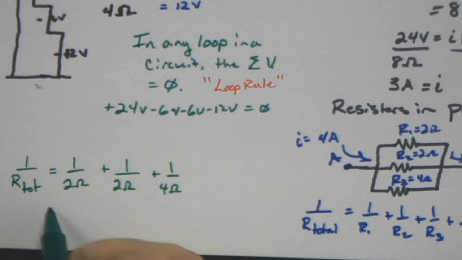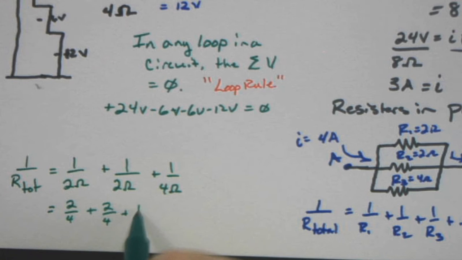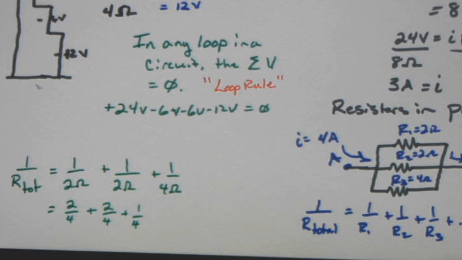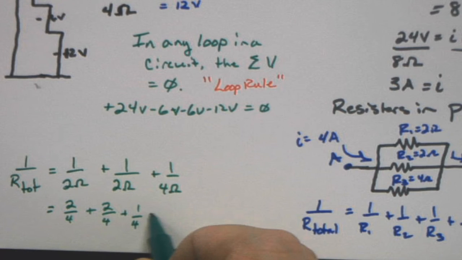So this becomes 2/4 plus 2/4 plus 1/4. Do you guys remember how to do this? So if we add those together, we get